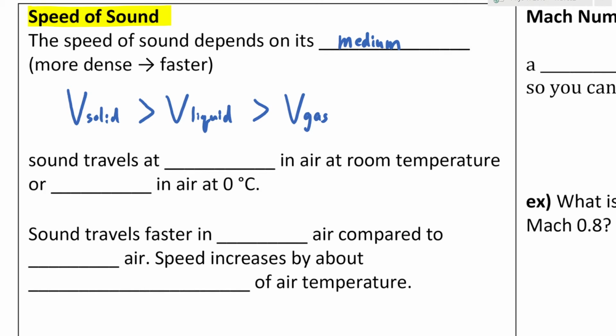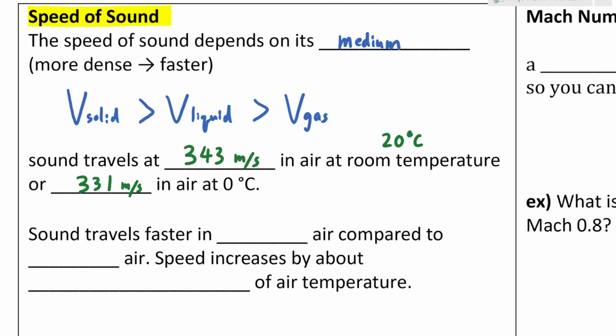Well, depending on temperature. Because temperature changes the density of air too, right? So sound travels faster when the temperature is higher. So it turns out that at room temperature, sound travels at 344 meters per second at sea level. What is room temperature? 20 degrees Celsius. But if the air is really cold that day, like 0 degrees Celsius, then sound only travels at 331 meters per second. Okay? So there's a small difference between that.